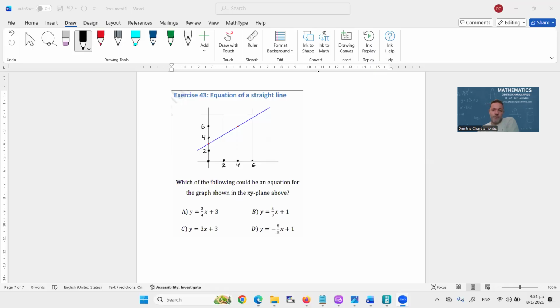Exercise 43. Equation of a straight line through a graph. Which of the following could be an equation for the graph shown in the xy plane? Okay, so